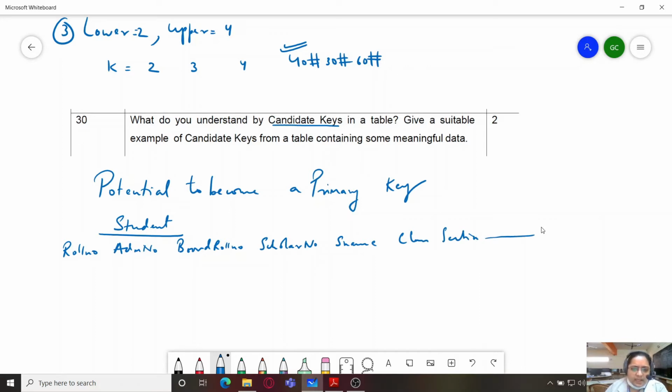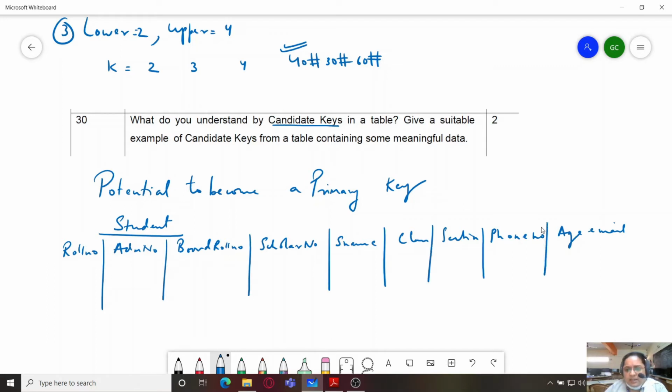So you can see that over here, I'll just write a few of them like phone number also, age, and email. So which all fields can be considered as potential candidates for becoming a primary key?